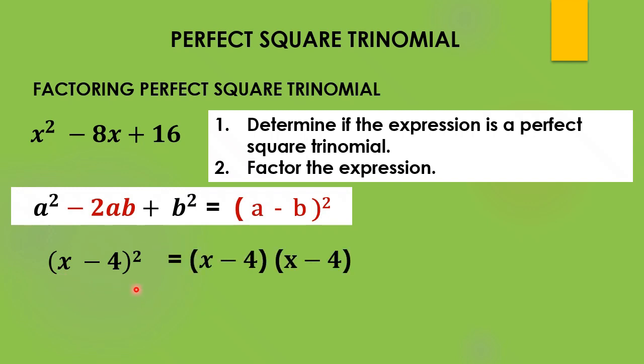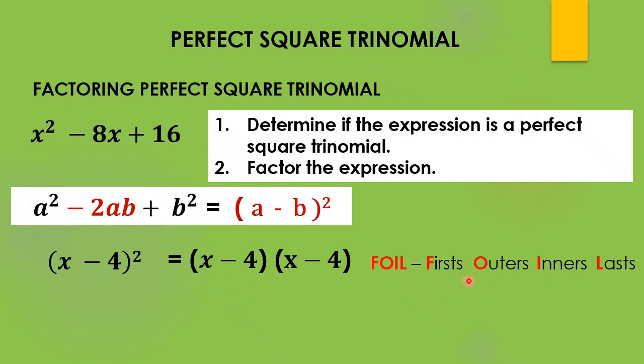So to get the product, we multiply x minus 4 by itself 2 times, because if it is raised to the power of 2, that means the entire expression x minus 4 is multiplied 2 times by itself. So we have x minus 4 times x minus 4. And then to multiply, we're going to use the FOIL technique. So again, just like in example number 1, when we are using the FOIL technique, we're going to multiply first